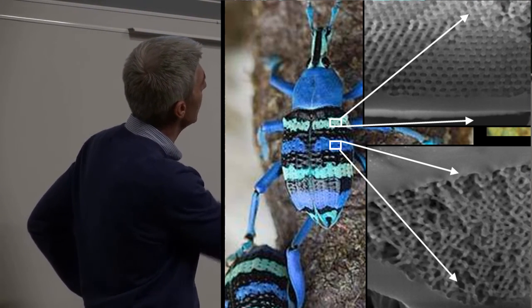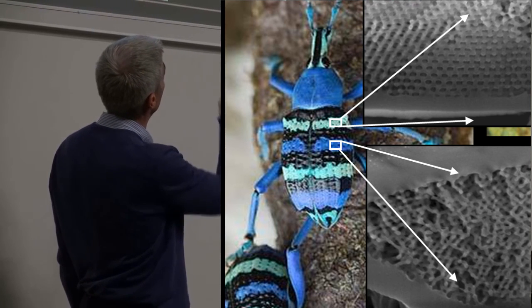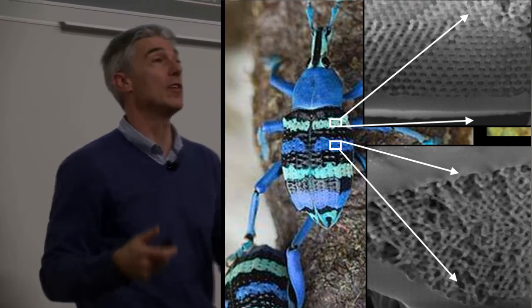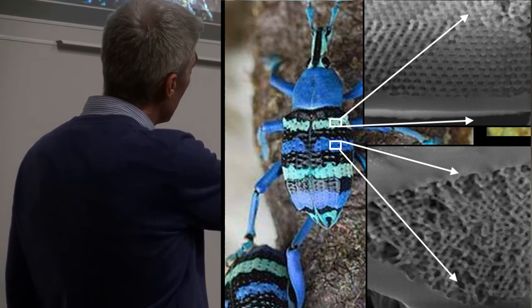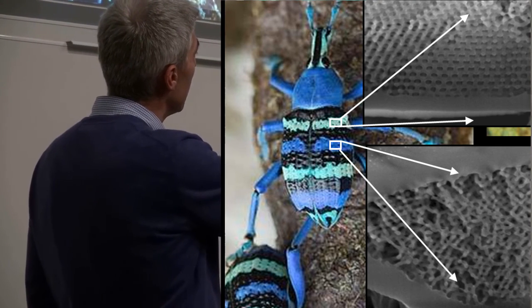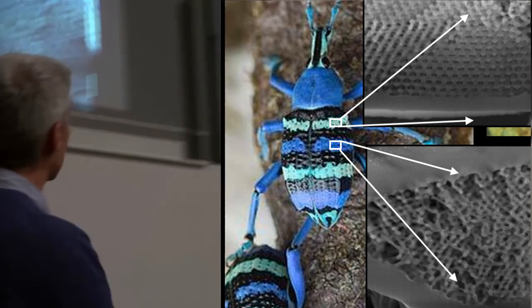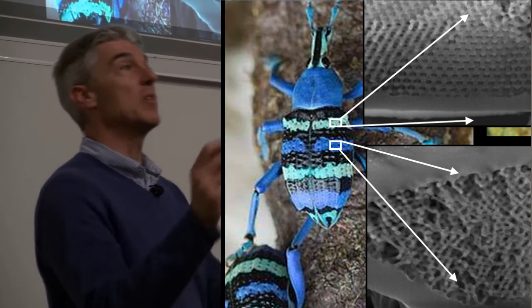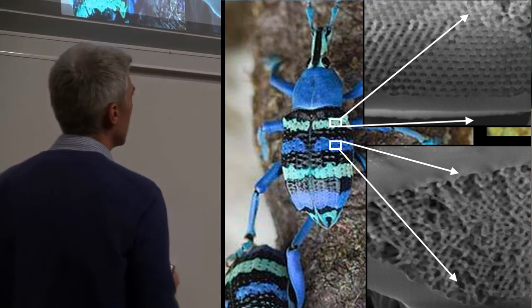Here's a very interesting weevil, and that has some scales in this particular region that are very ordered in a three-dimensional sense. In another region, we have scales that show what looks like disorder, but when you do the analysis, it's actually halfway between. It's a quasi-order. That's the reasonable phrase to use.